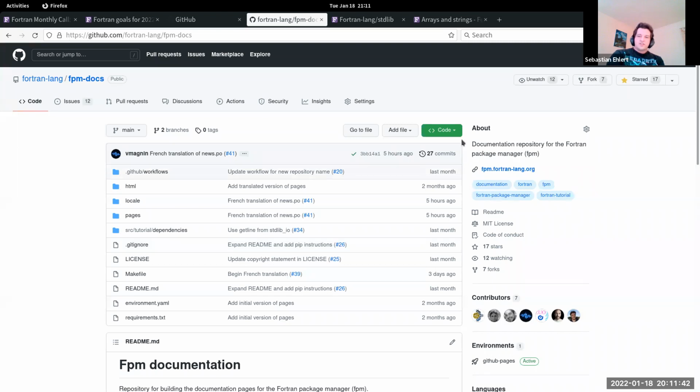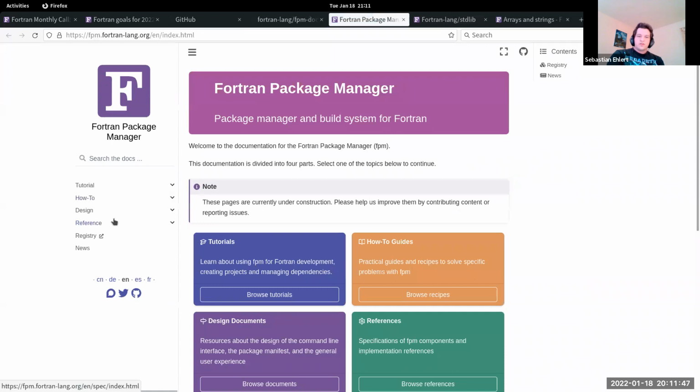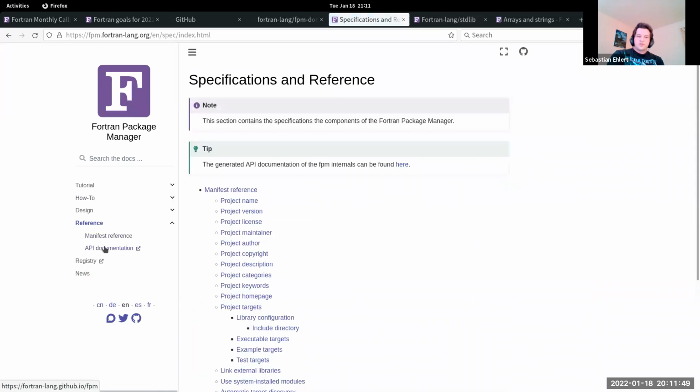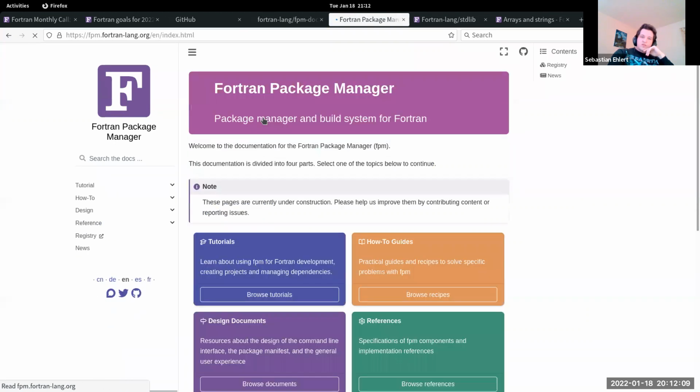The FORD documentation is still there, but it's hosted differently and just linked. So if you're looking for the reference here, you are able to find it in the API documentation for FPM. Of course, for standard lib, we might have to get this a little bit closer. But maybe a link will be sufficient as well. So the structure is there. I think we could create something similar for standard lib.